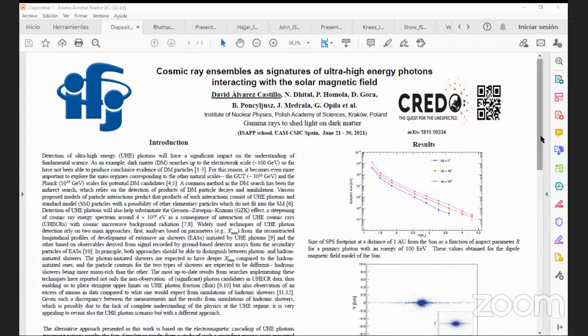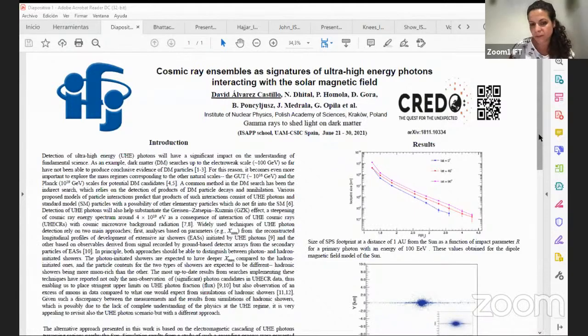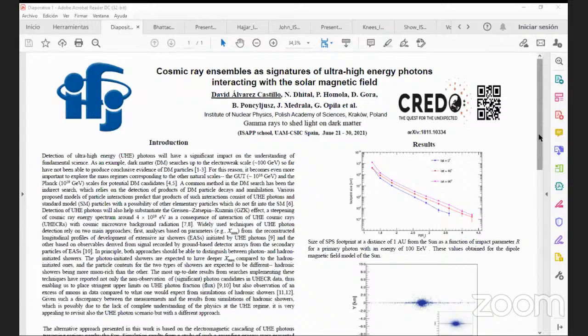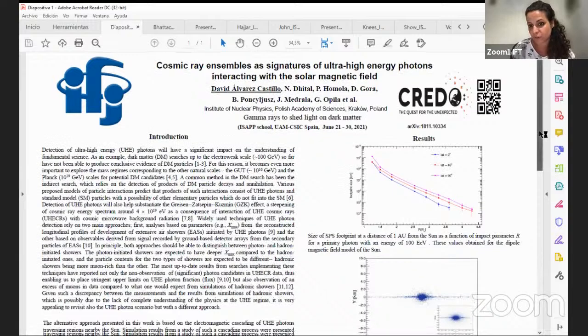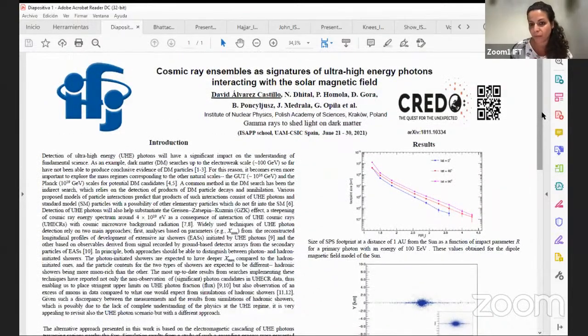Okay, so you want me just to describe the poster or you want me to run a small presentation? Describe the poster, yes. You can present and discuss your poster as you want. Alejandra will help you in moving the poster, so you just have to say if you want to go up or down, or to focus on a particular part. Okay.